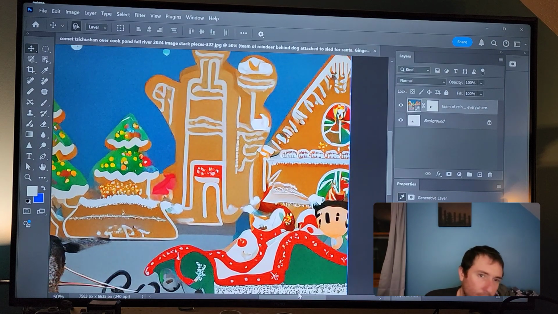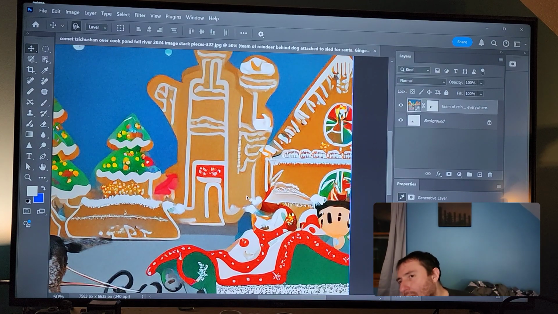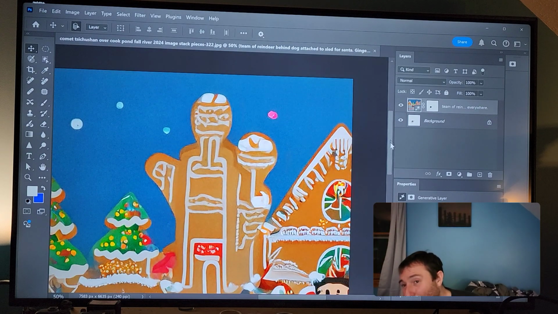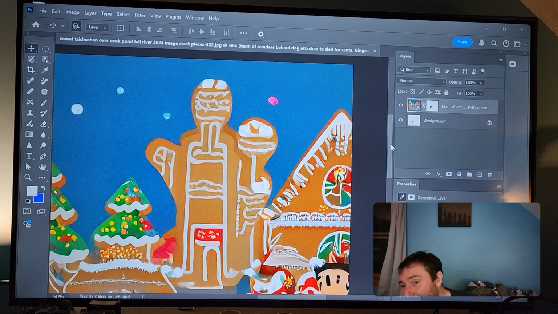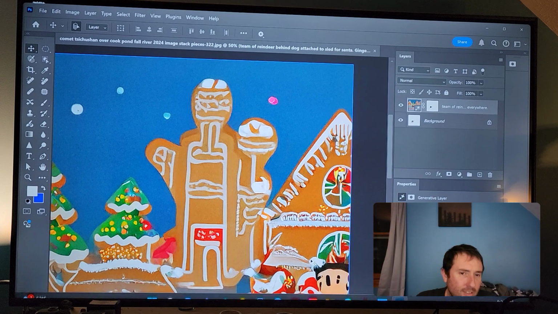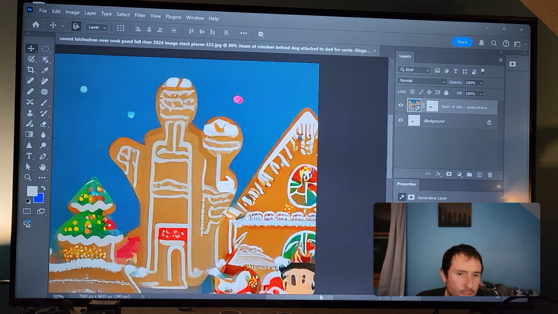We'll just use this corny stuff. Yeah, we have some sort of monolith. I don't know, gingerbread. Could be a robot. Could be, I have no idea what. Could be a nuclear generator made out of gingerbread. I don't know what this is. Then you got what looks like a gingerbread church. So apparently you got a nuclear facility and a church. There's no separation of church and state in this Santa's village.